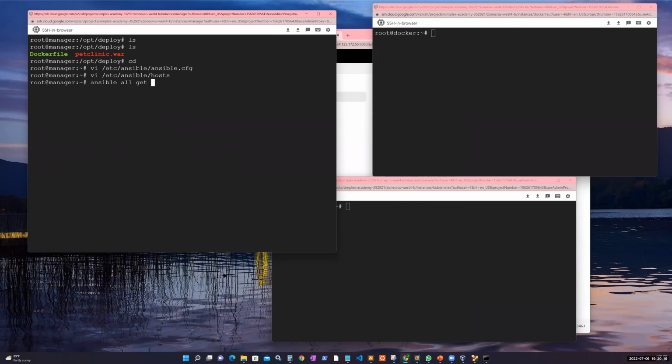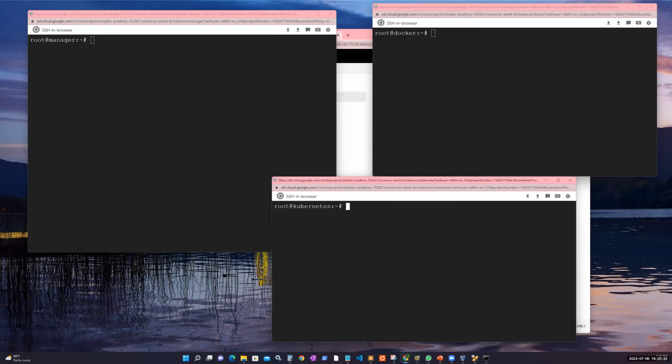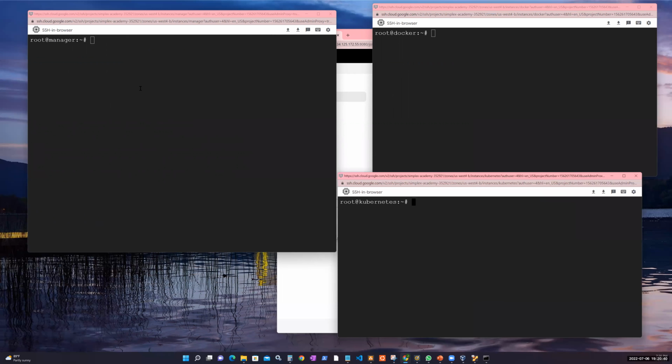Ansible ping. Right, so Ansible can talk to our Docker, which acts as our QA, and Kubernetes, right? So we need to go to this location and create our deployment shell script, right? So this is what we created. Now on this location,